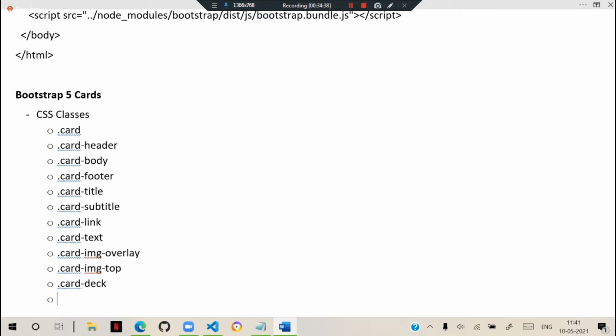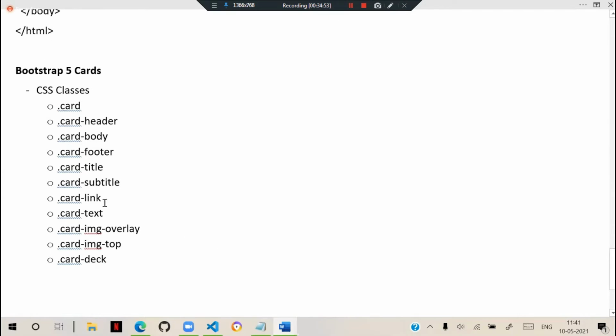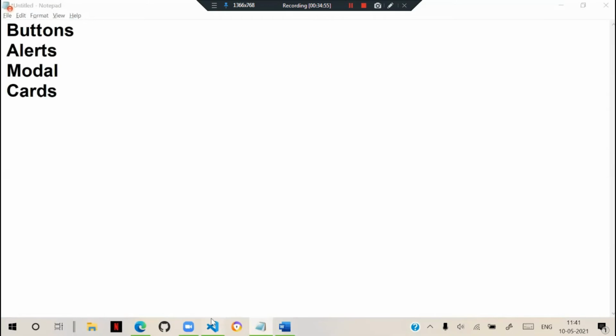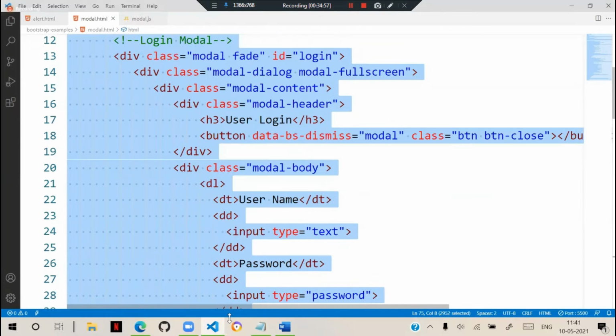Rows and columns we can divide. We can create a flexible design, and you can add that. These are the options used for cards. So let's see how we can use them. All are the same, no changes in the card. And cards don't require any jQuery manipulations.